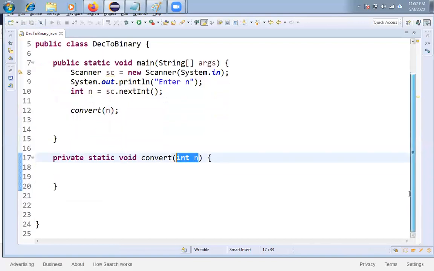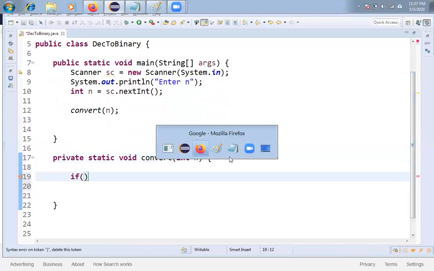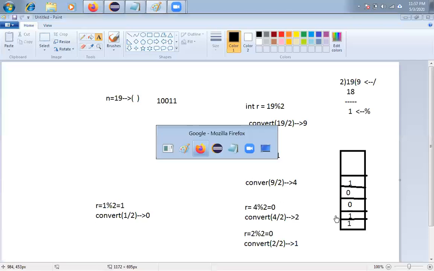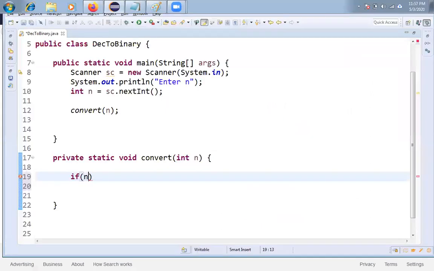And if you see here, now what I am checking, I already discussed, right? When I need to stop: whenever n becomes 0, you have to stop calling the convert method and display the values. So I'm checking n not equal to 0, friends.